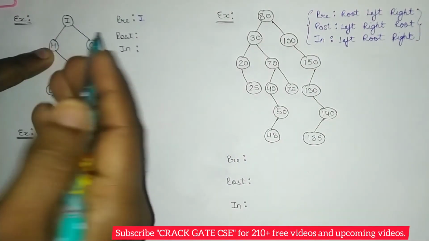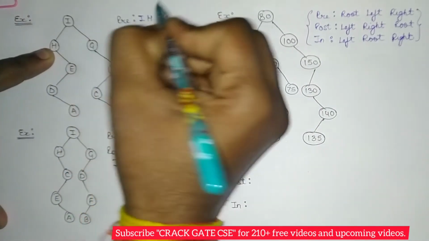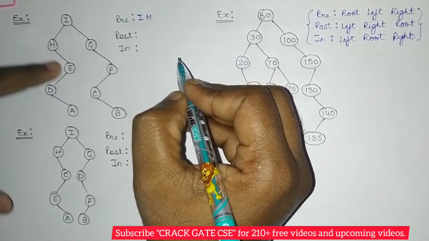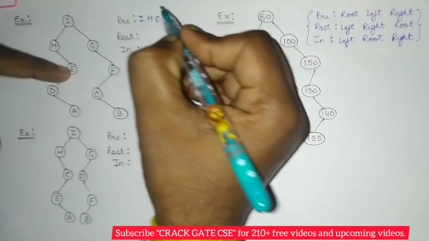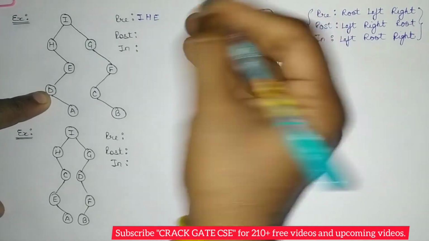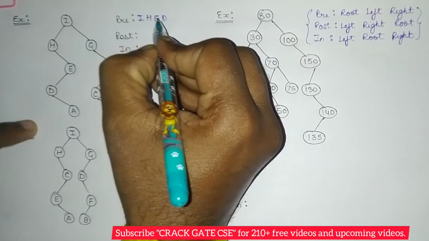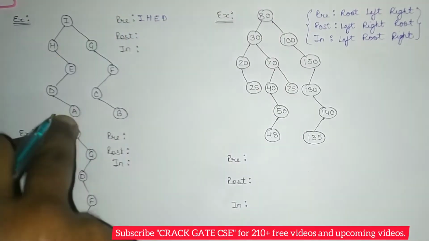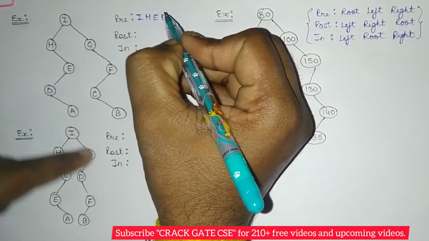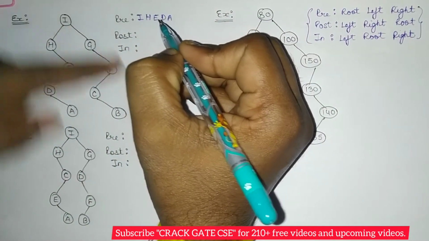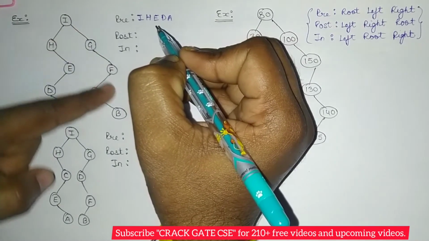Now this is a new node, so again we start, that means print root, which is H this time. Again there is no left, so move right. So there is E, so print root again. Now we move on to left, so left is D, again D is the root, so print the root first. Now there is no left, so move on to the right, and in the right there is A, so print that root first. Now there is no left and no right, so the root part is done, this left part is done. Now we have to move on to this right part.